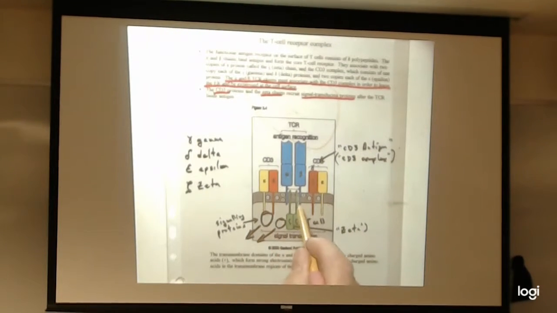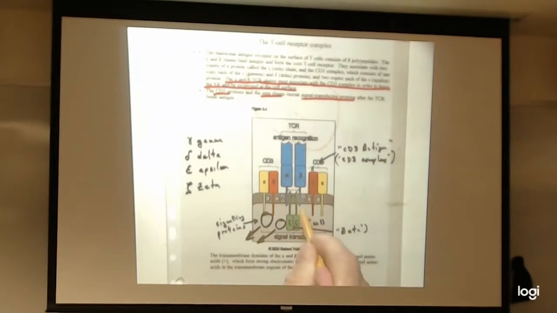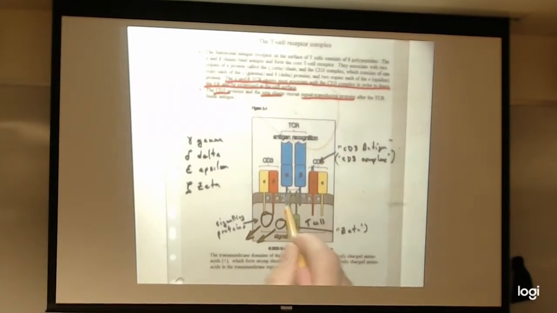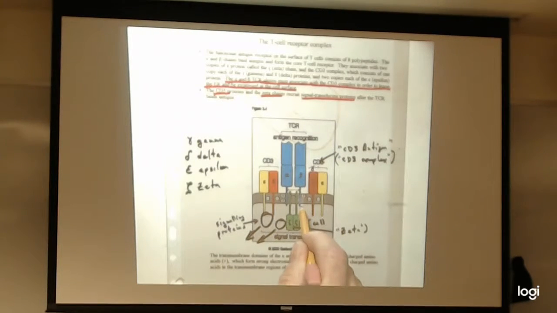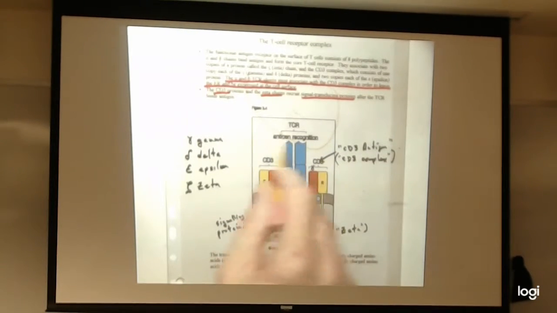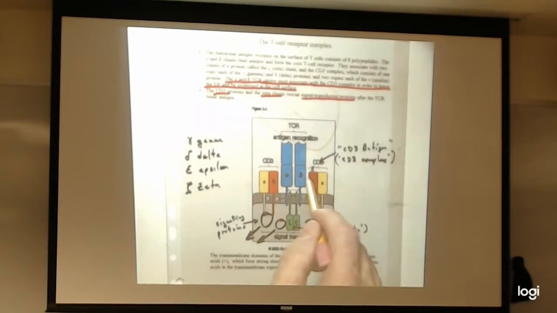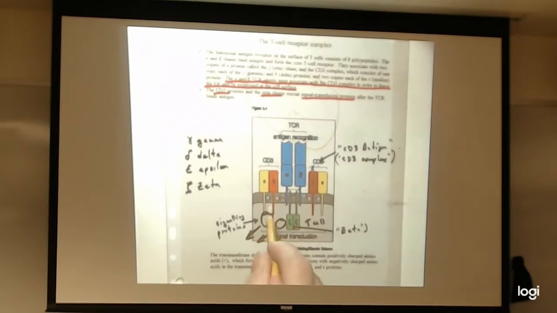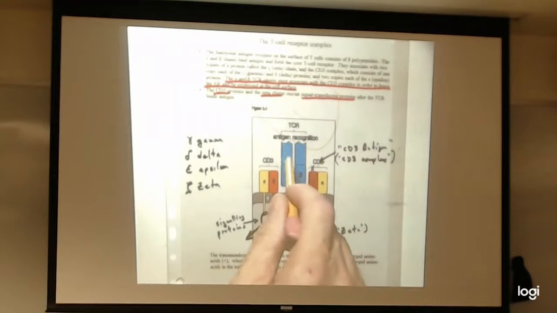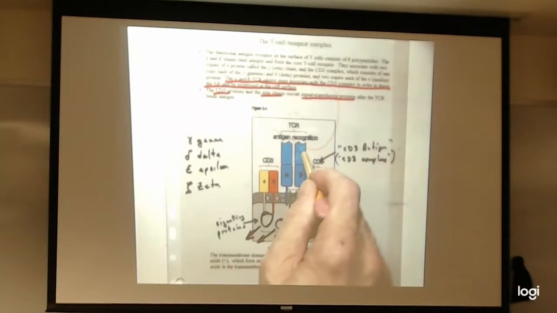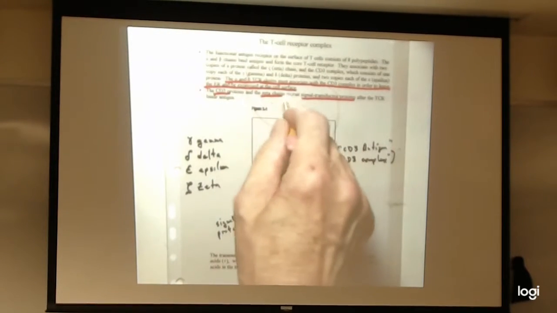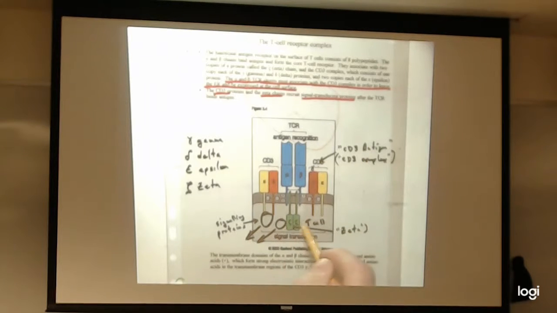The cytosolic tails of the T cell receptor are really quite short, just a few amino acids. And so the blue proteins, their cytosolic tails are too short to recruit signal transduction molecules. The other chains here, red, yellow, and green, are what actually recruit the signal transduction molecules, such that when this T cell receptor in blue recognizes the antigenic peptide presented by an MHC molecule, we will then activate, and things will happen inside.